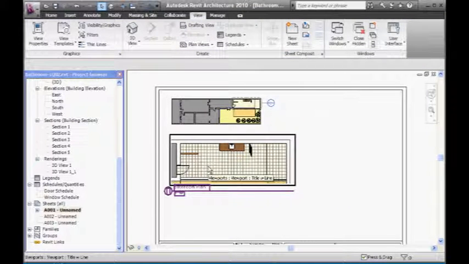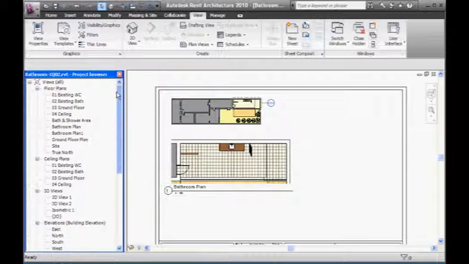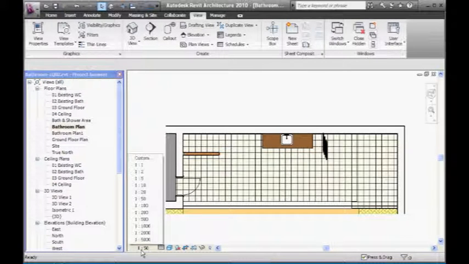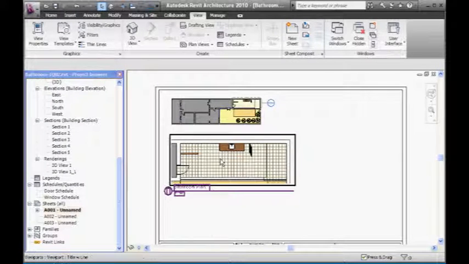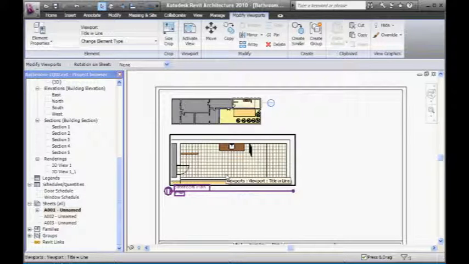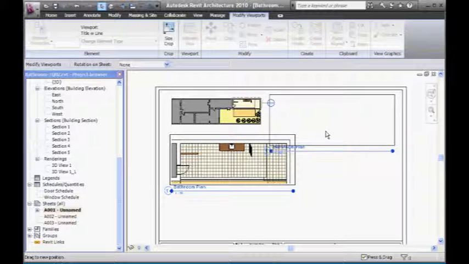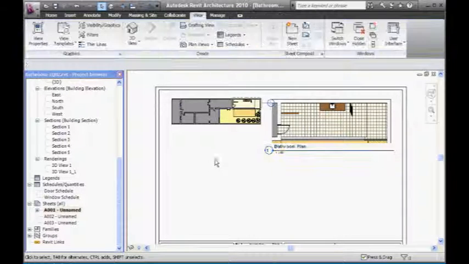The scale. So the easiest way is to just open up the view in the project browser. So, for example, I've got bathroom plan here in my project browser. Once I've opened it, then I can change the scale there. So I made mine 1 to 50. And it's good to get the scale right before you put it on the sheet, even though you can change it afterwards. So now you can see I can probably fit this up here, and that's going to work pretty well,